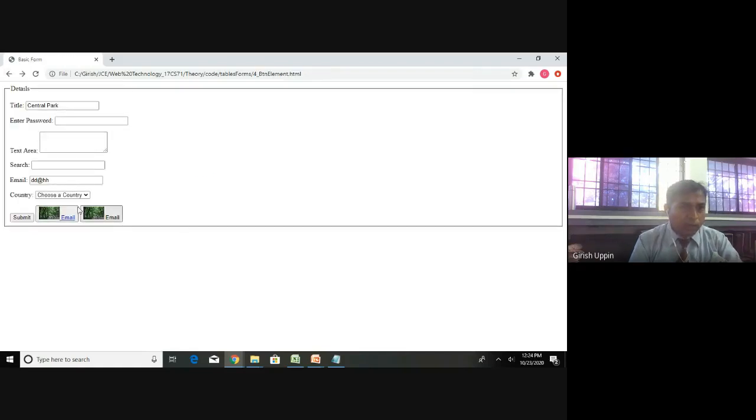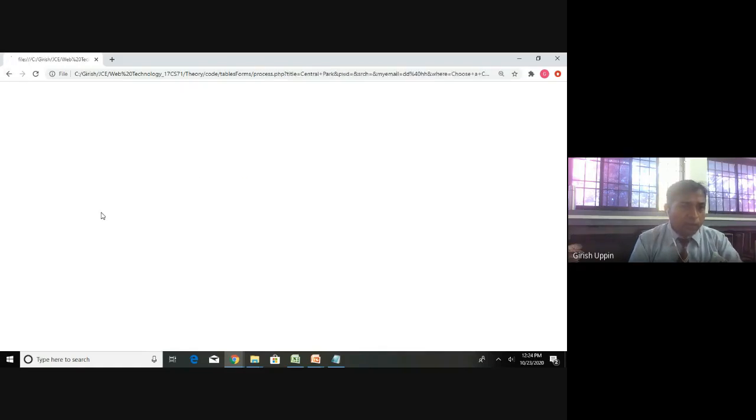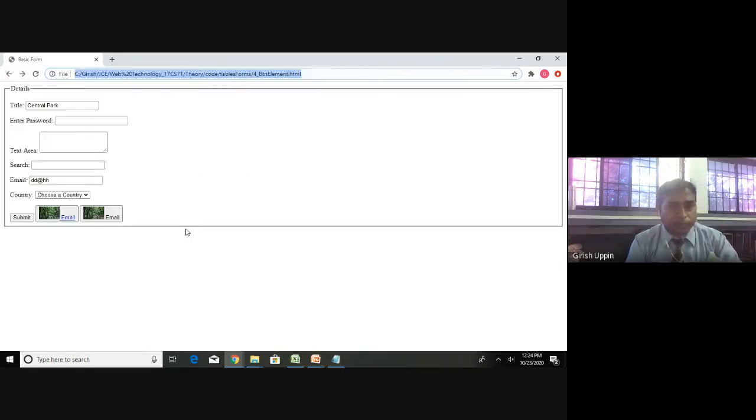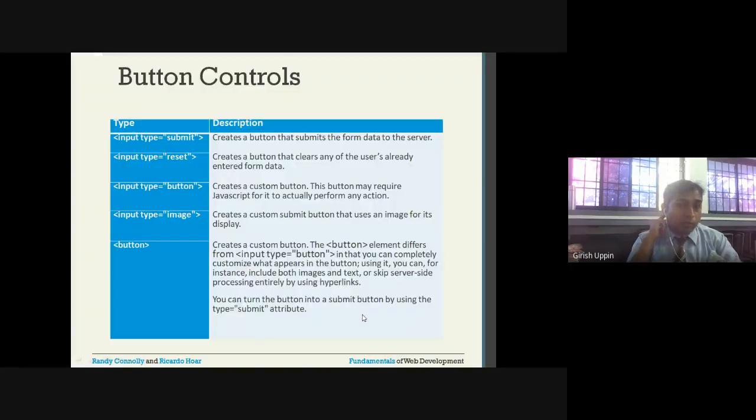And the second one, if I click here, it goes as a submit. The second one is submitting to process.php. Process.php is not available, so it will give the same kind of error. So that is how you can have your custom buttons using the button element.